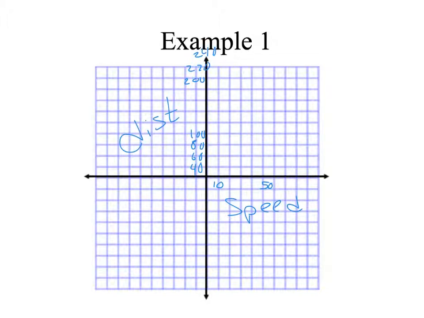You want to try to not have your gaps huge. Like, I don't want to go up by 50s. But you want to try to keep everything as tightly fit on the graph as you can. If you do need to go off the graph, obviously,